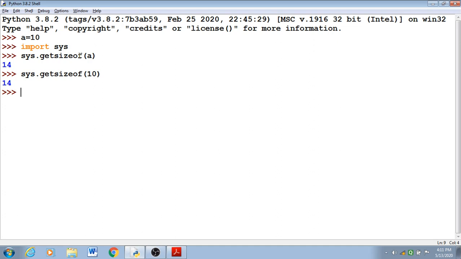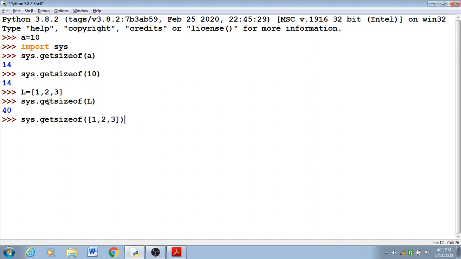For any data type we can tell, for example a list. This object is occupying 40 bytes and these values are also occupying 40 bytes. Easily you can tell by giving the values directly also.